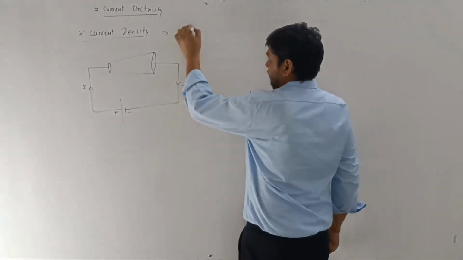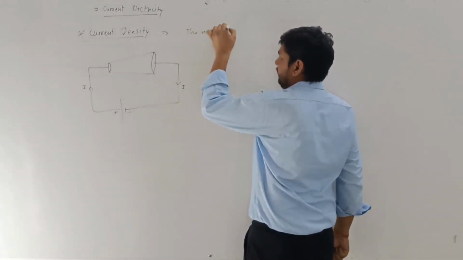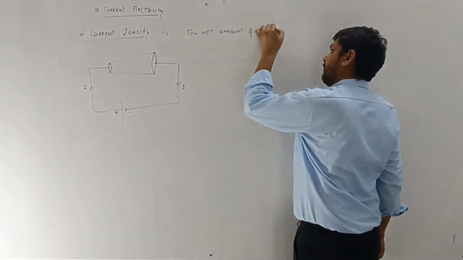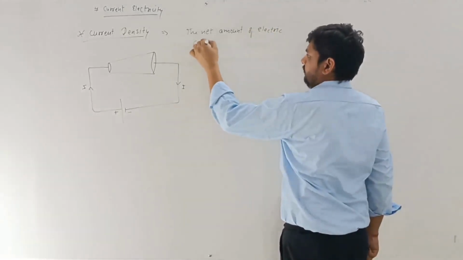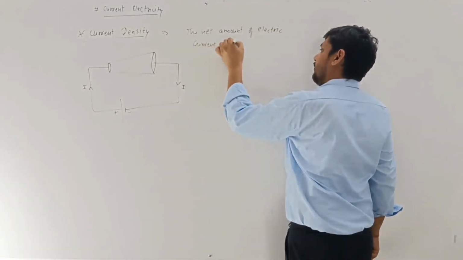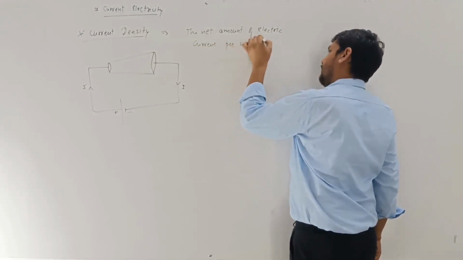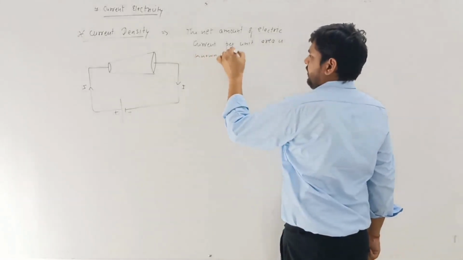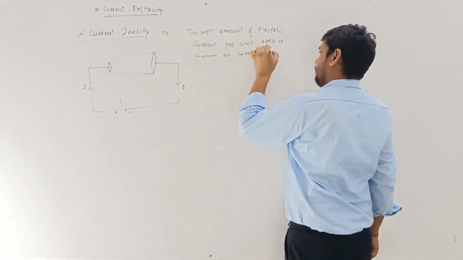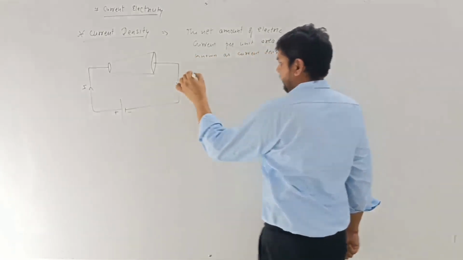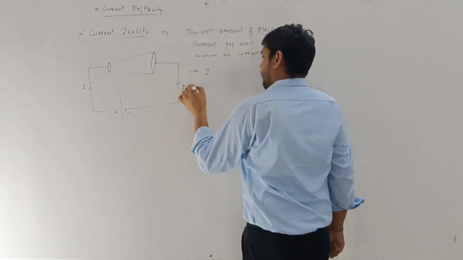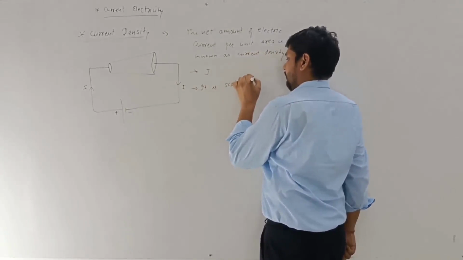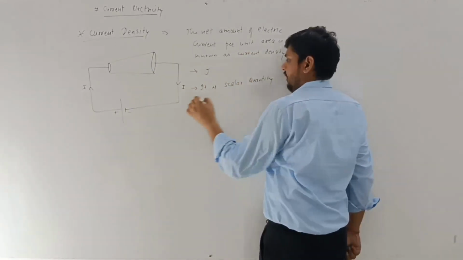The net amount of electric current per unit area is known as current density. It is denoted by J. It is a scalar quantity. If we talk about the unit,